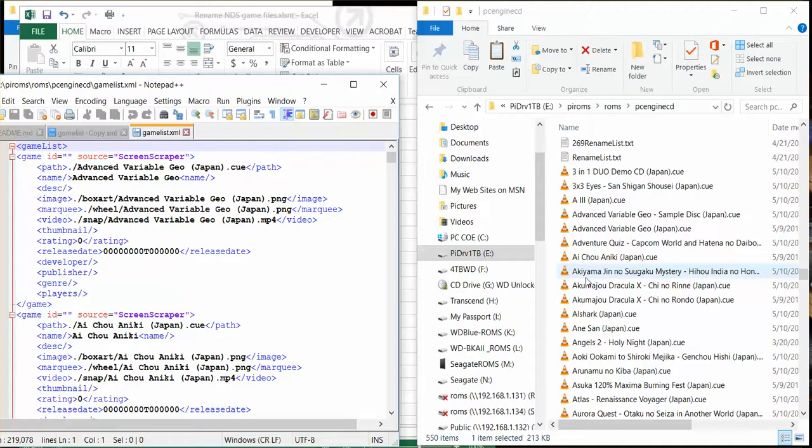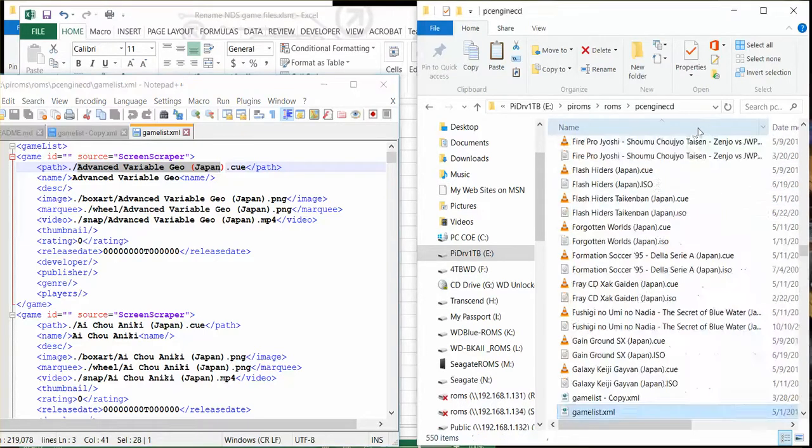But the one big complaint I have was that the game list right here that I have open is fixed, meaning that the games coming from the download list where they use the hyperlink, they have this program that will help you rename it, and the maximum games in PCEngine-CD, they only have 118 games, and there's a lot of games. As you can see here, I have it open. The first game listed is this one, and I have added more games to my list,